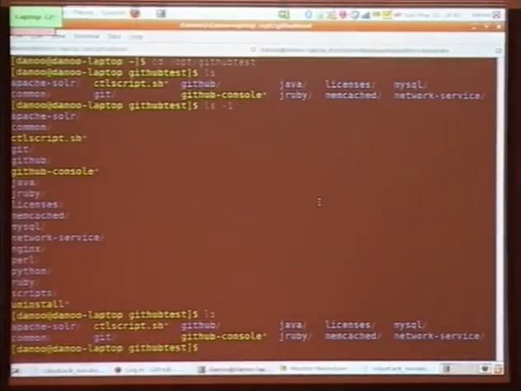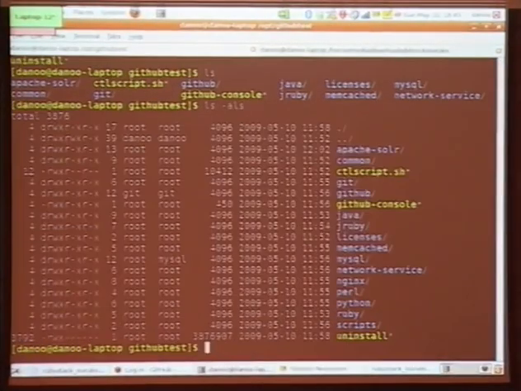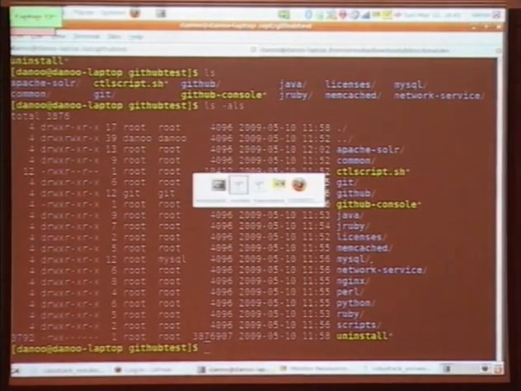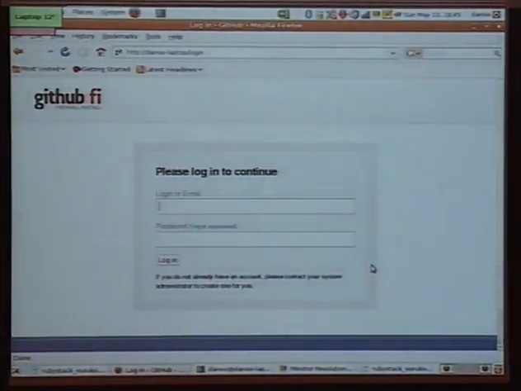Okay, so after installation, it looks like that. So you've got GitHub test directory, you've got everything. You've got Apache, you've got Git, you've got Java, you've got JRuby, MySQL, Memcache, Nginx, Perl, Python, all the bindings, all the dependencies. And then you're going inside the application and you've got